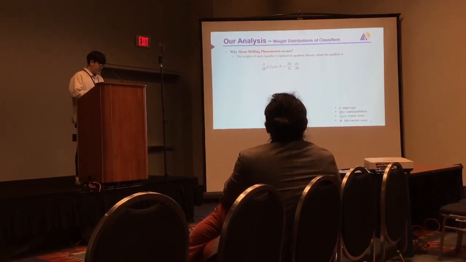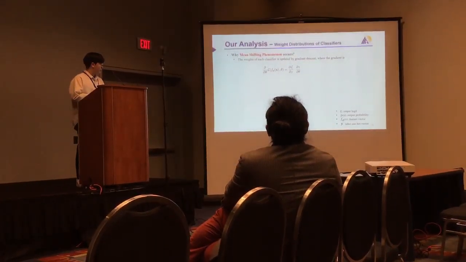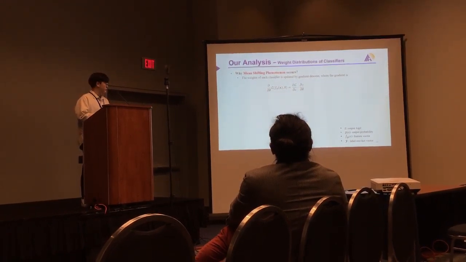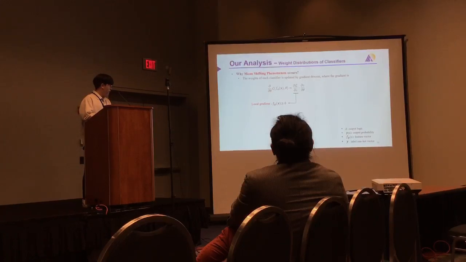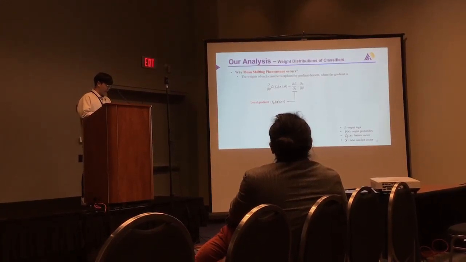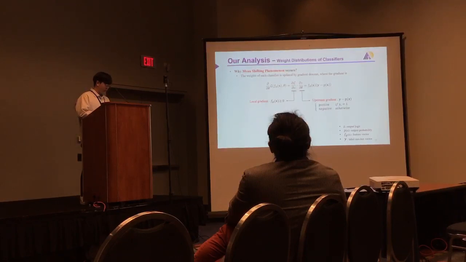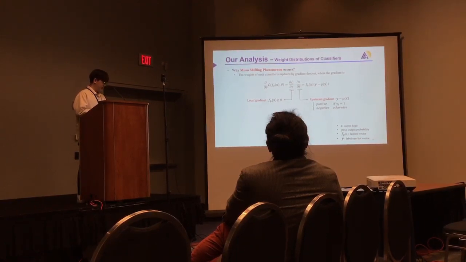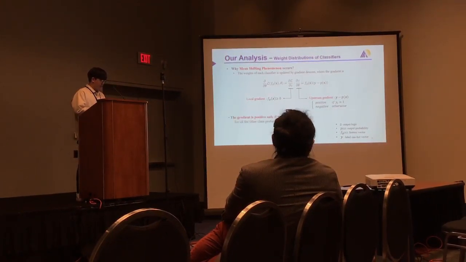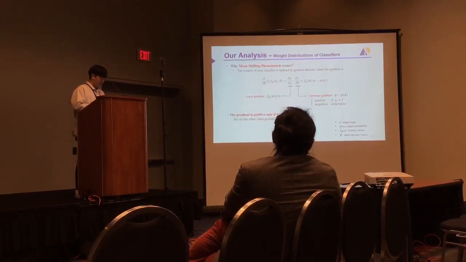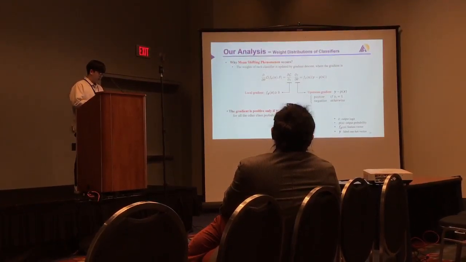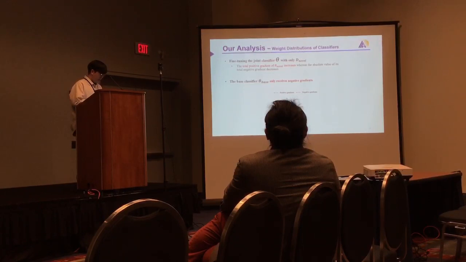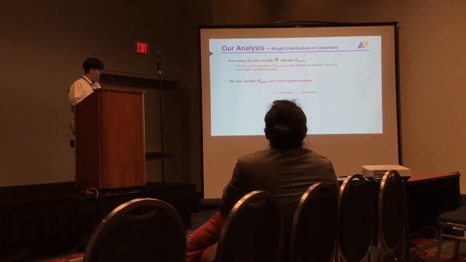Let's see how the gradient is actually computed. When you backpropagate from the output, you can see that the gradient with respect to the loss can be divided into these two terms. The first term indicates the local gradient, which is already positive because of the ReLU function. But the second term is actually the term that can make negative values because it has the expression y minus k x. The gradient is positive only if y equals 1, which means the data corresponds to the class, and it is a negative value for all the other class probabilities.